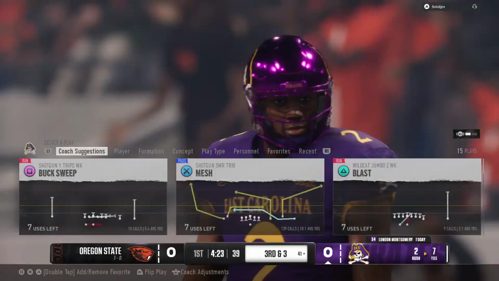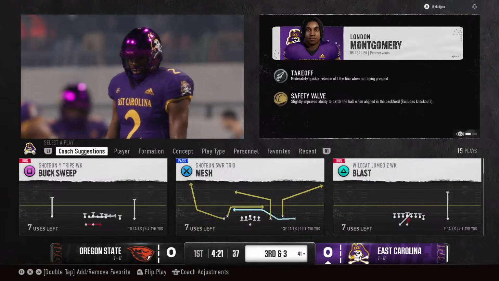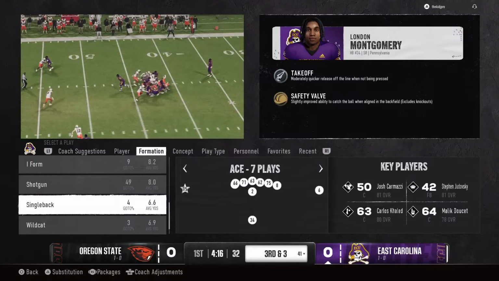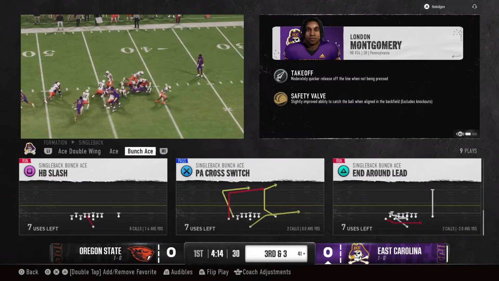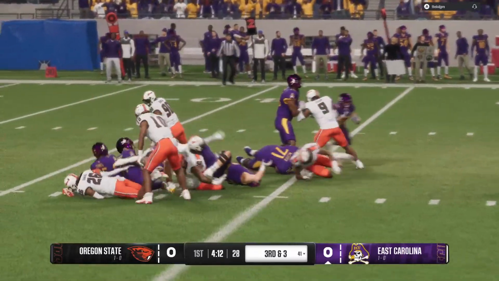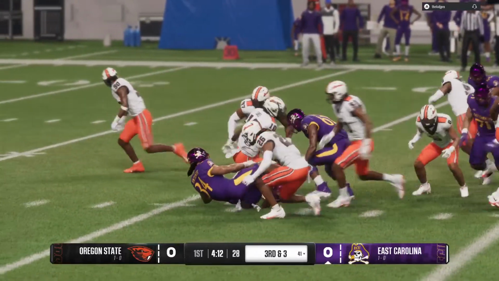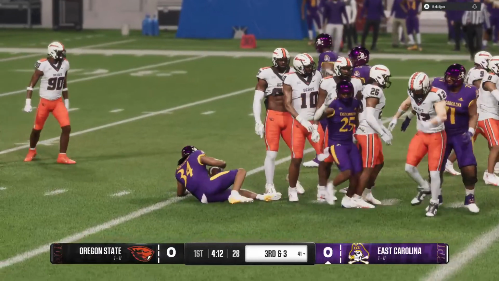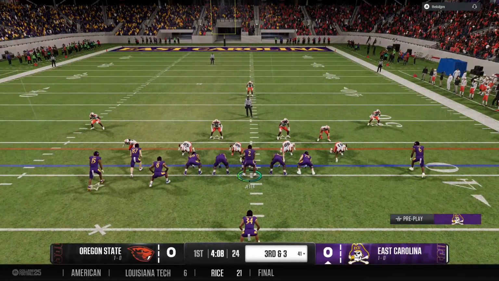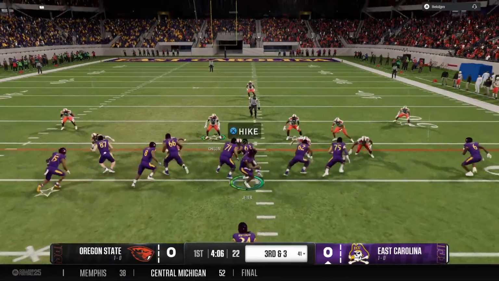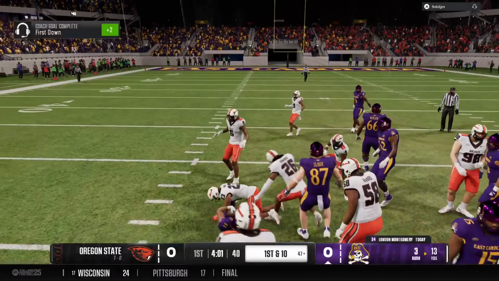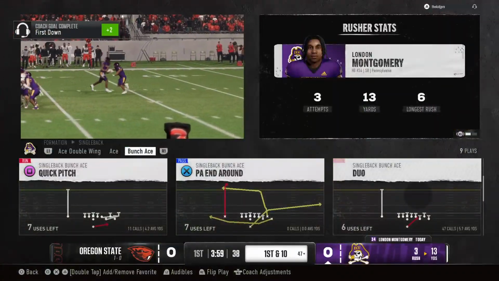Really nice stop there from this senior leader. I like feeding my guy. I like getting my running back touches. Ball so he can break some of those big runs, but I'm also okay with these little ones. Set the tone, stay balanced. They got it at the 41, 30 short, trying to keep the chains moving. They'll try to run for it. Brought to the ground, but not before getting enough for the first down.